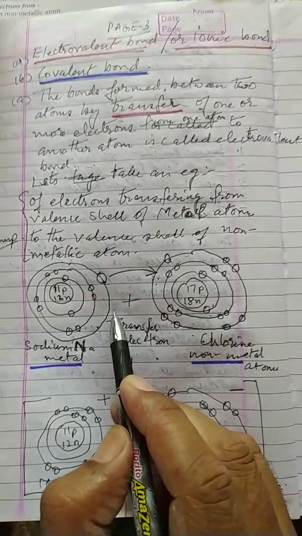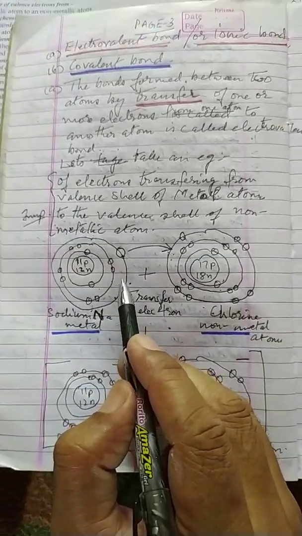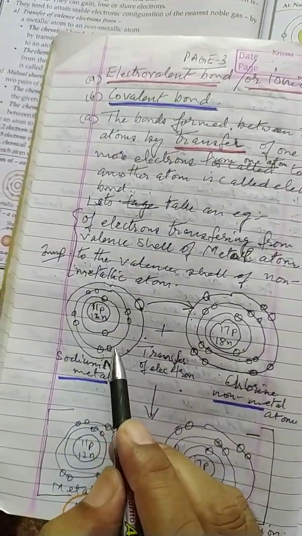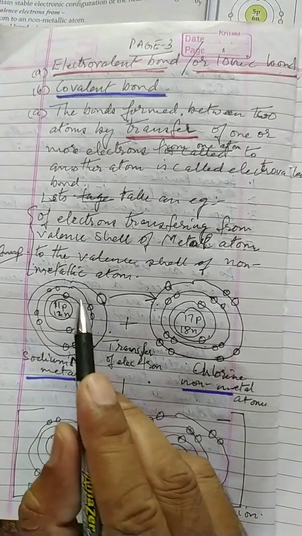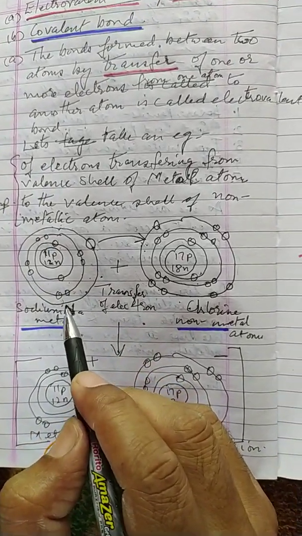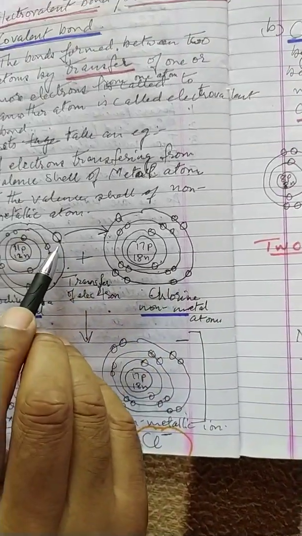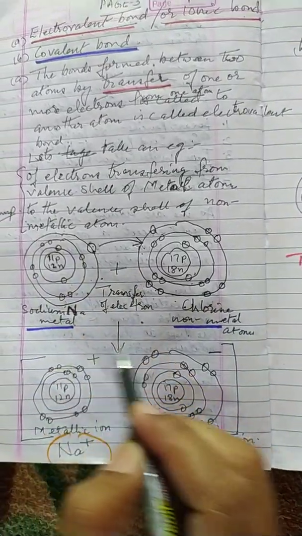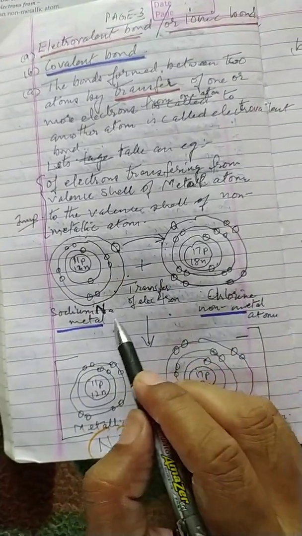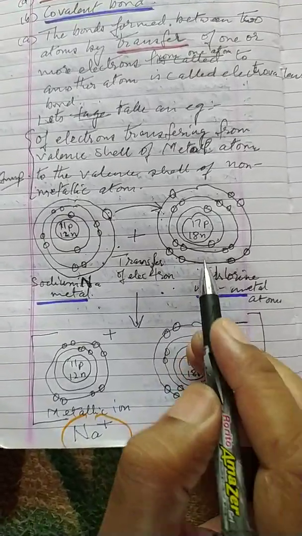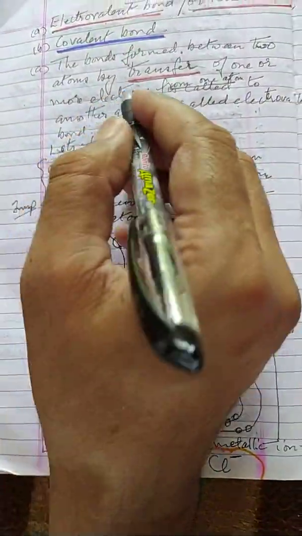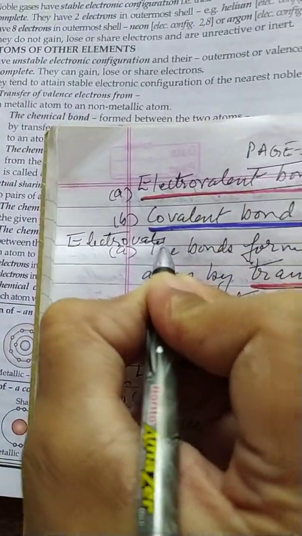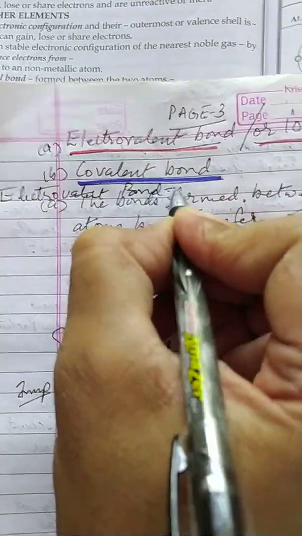Okay, children. So this becomes like neon. Neon has 10 electrons. So just like neon, a noble gas, sodium also becomes stable. That is why it loses 1 electron. So sodium transfers 1 electron from its valence shell to the valence shell of chlorine. We can see here, and this is the explanation of the electrovalent bond. Which bond are we explaining, children? This is the electrovalent bond that we are explaining, children.